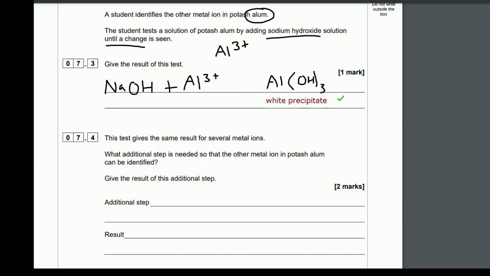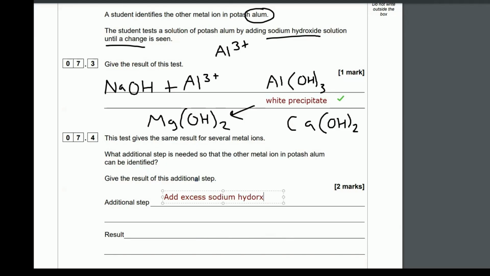So the problem we have here is that if you react sodium hydroxide with magnesium, it's also white. If you react it with calcium, it's also white. So how do we know that this potash alum contains aluminium and not magnesium or calcium? Obviously, we can tell from the name. Potash alum would be a stupid name if it had magnesium or calcium in, but they all form white precipitates with sodium hydroxide. Well, what we can do here is add excess